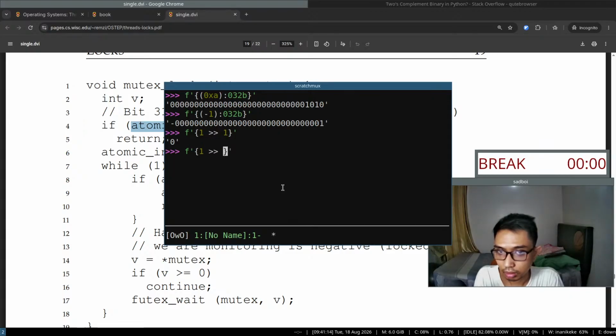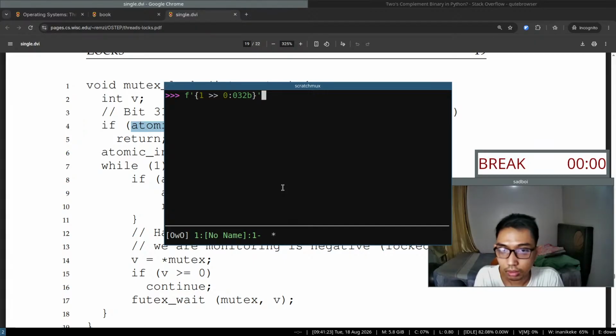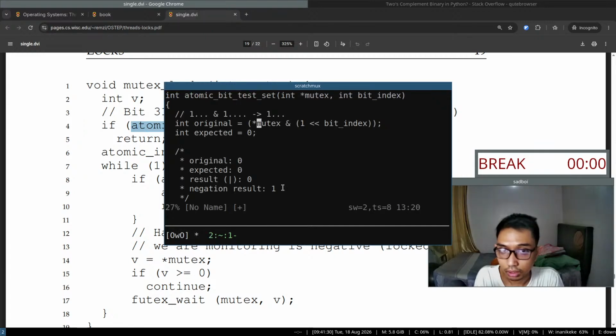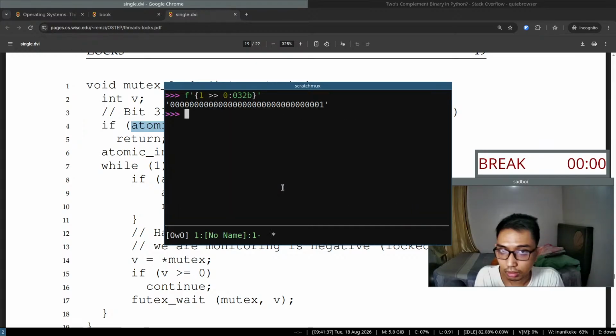Oh, is this correct? I'm not sure. Okay. So let's say the result is 0, right? We get something like this. And if the result is 1,